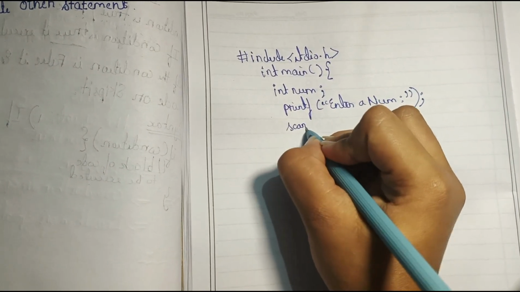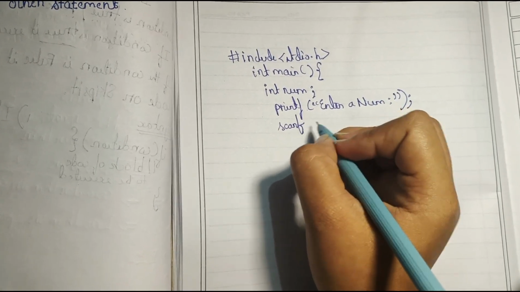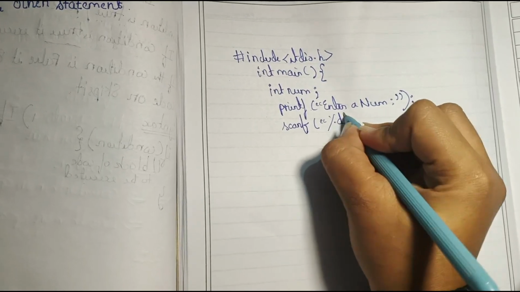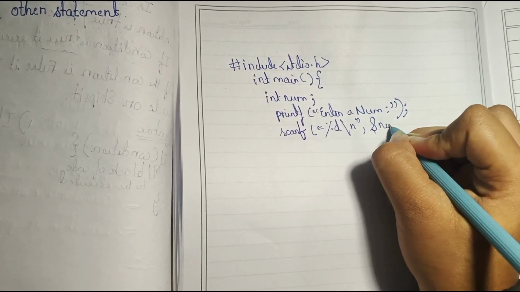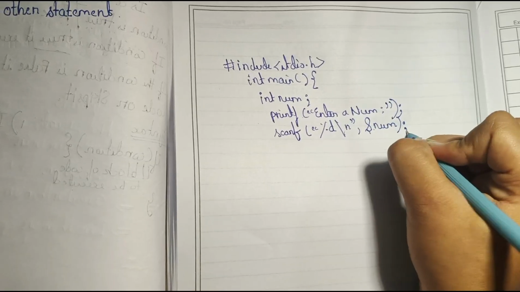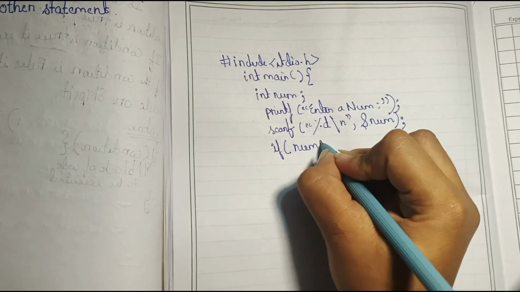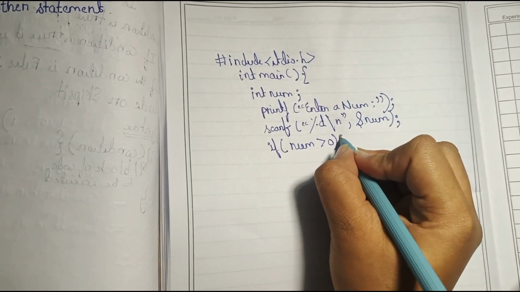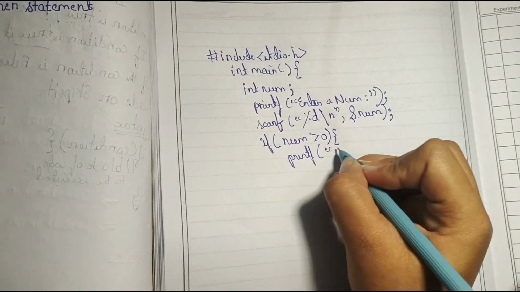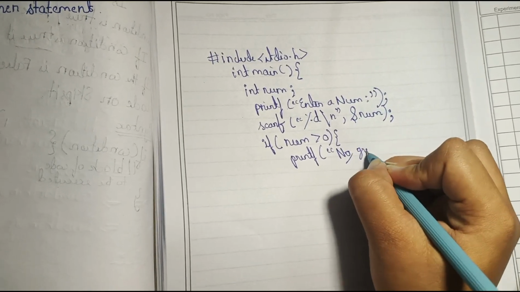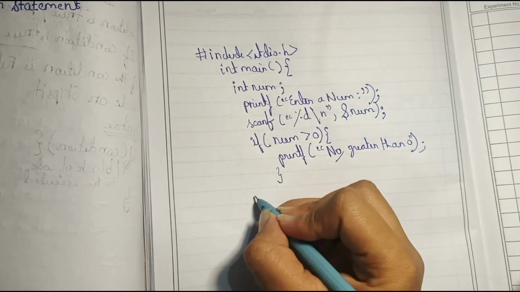To take the input from the user, you have to write scanf. Scanf, that is %d, new line. You have to use this particular symbol to take the input from the user, and number, close the semicolon. And then you can use the if condition. If number is greater than 0, what you can write is printf, the number is greater than 0. Okay, else if